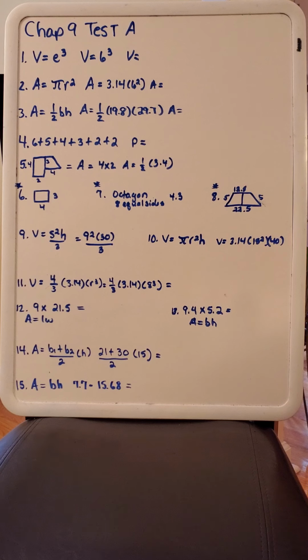So starting off with test A, number 1, it is asking us what is the volume of the cube. The cube, the sides are all the same measure. So the formula we use is volume is equal to edge cubed, and so the edges are 6 millimeters long, and so I'm just going to take 6 and cube it, and I am going to get 216